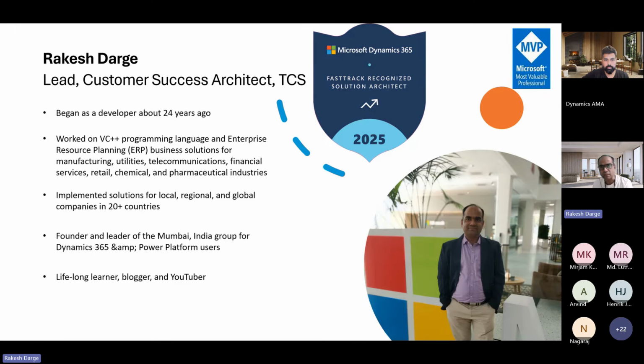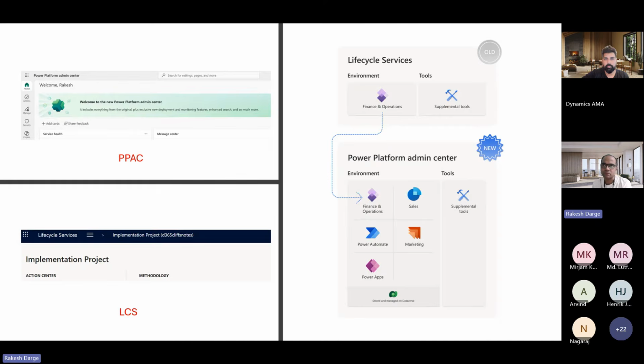And that is where that journey is still continuing. So if you look at the approach from Microsoft in this world of PPAC, it is not like somebody has just pressed the button and all of a sudden we move from LCS to PPAC, right? It is not like that. It is a crawl, walk, and run. These are the three stages that Microsoft took, and it started maybe close to 3 years back.